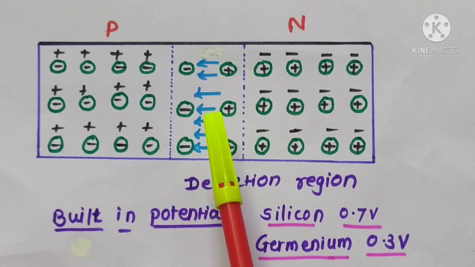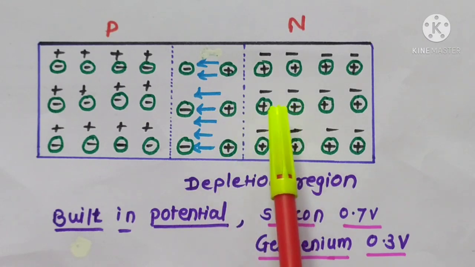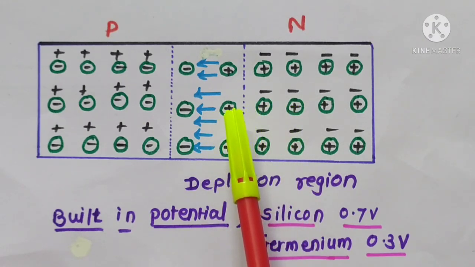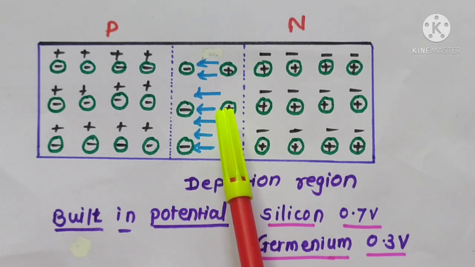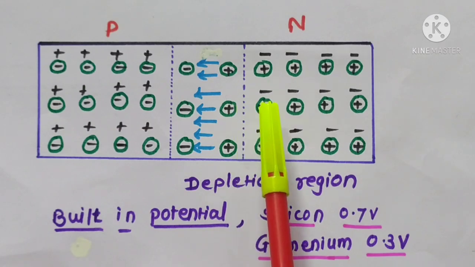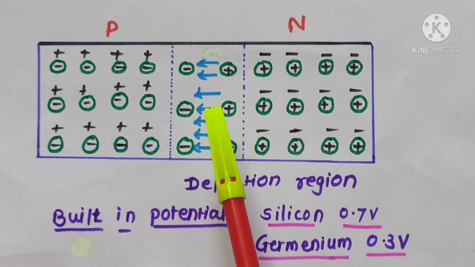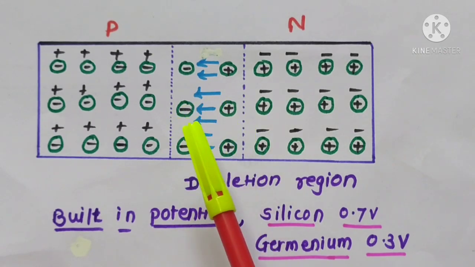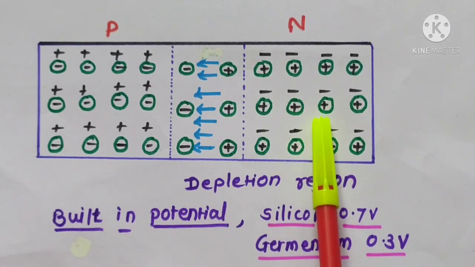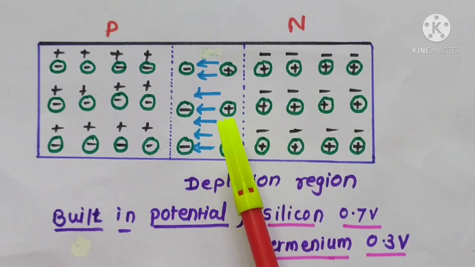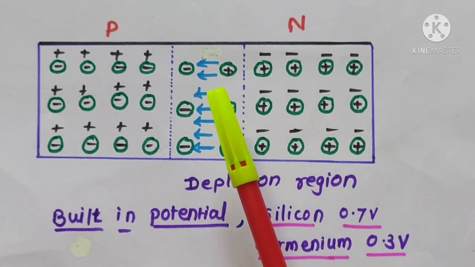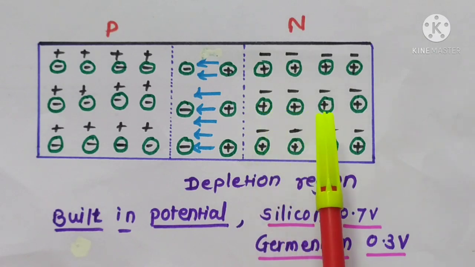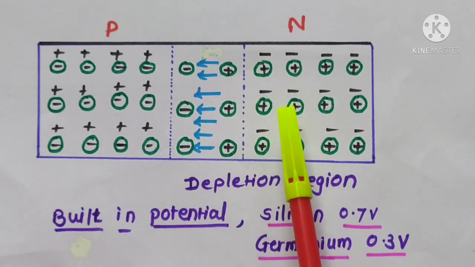Then the flow of electrons due to the electric field and due to diffusion cancel each other out. In other words, the flow of minority charge carriers and majority charge carriers cancel each other out, so that the overall current in the circuit will be zero. The same thing is applicable for the holes. So whenever this PN junction is not biased, the overall current in the circuit will be zero.